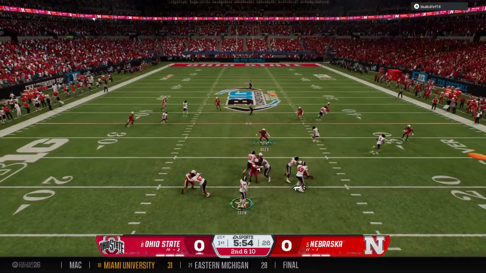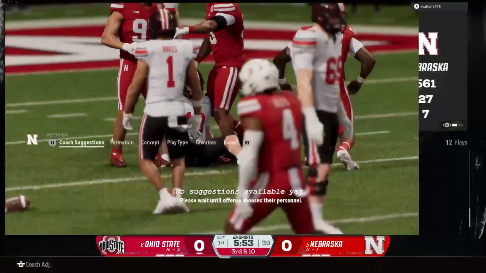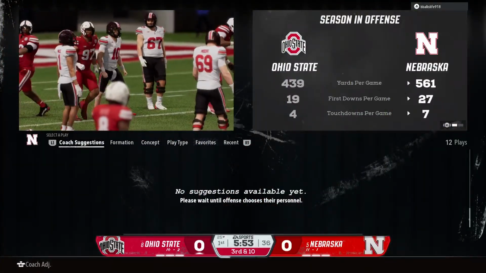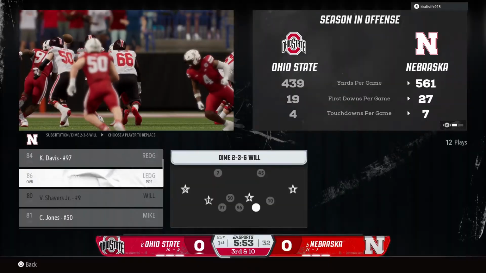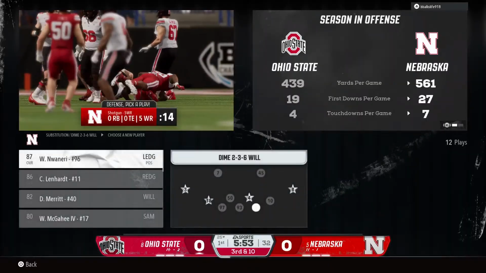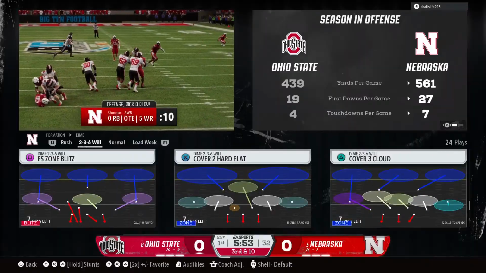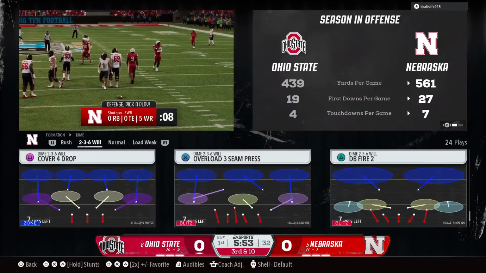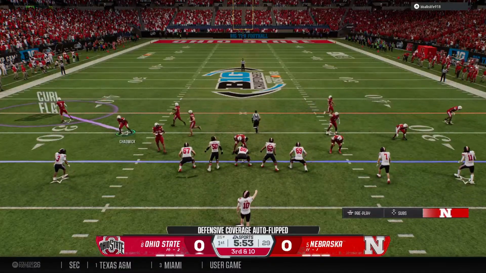Quarterback looking to throw it on 2nd down. Here as he releases it, and the pass is incomplete. One way to slow down a very gifted quarterback is to get pressure on him. Right now, the defensive coordinator is doing a great job of mixing up the looks, and the defense is winning the line of scrimmage, and I think it's really impacting this quarterback's rhythm. It's 3rd down, opening drive of this conference championship game.